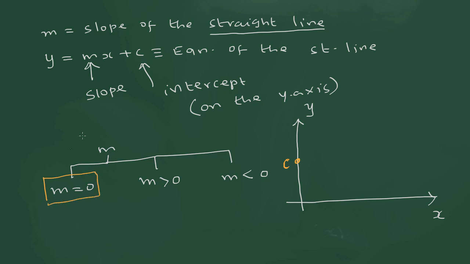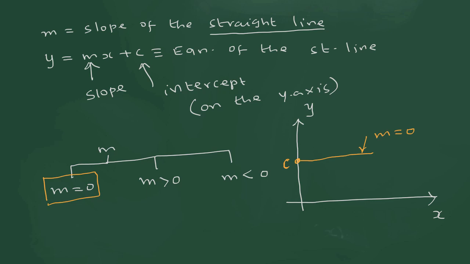When m equal to 0, this term goes to 0. What happens? You see, y equal to 0 into x plus c. Therefore, y equal to c. So this is the line, y equal to c. If you draw this line, then this is m equal to 0 corresponding to this. The second case,